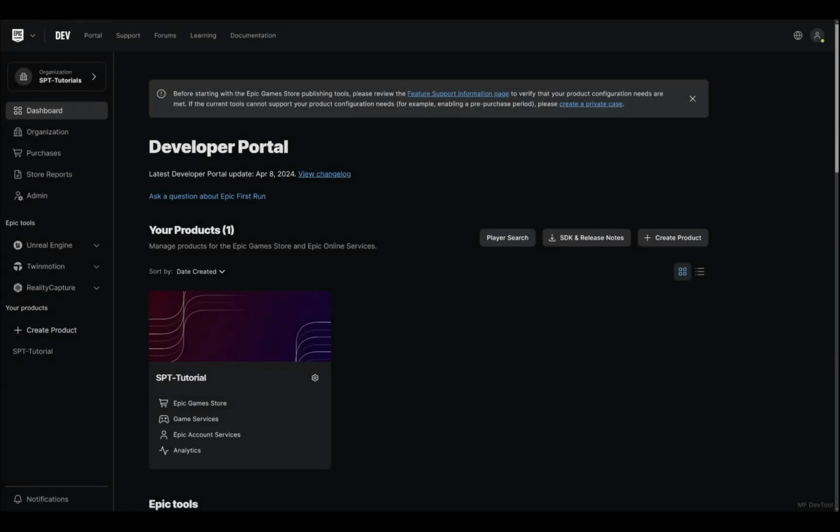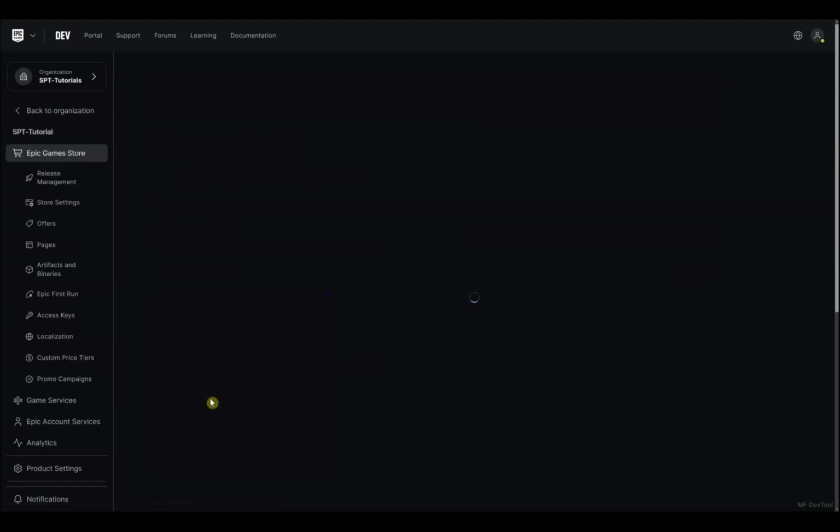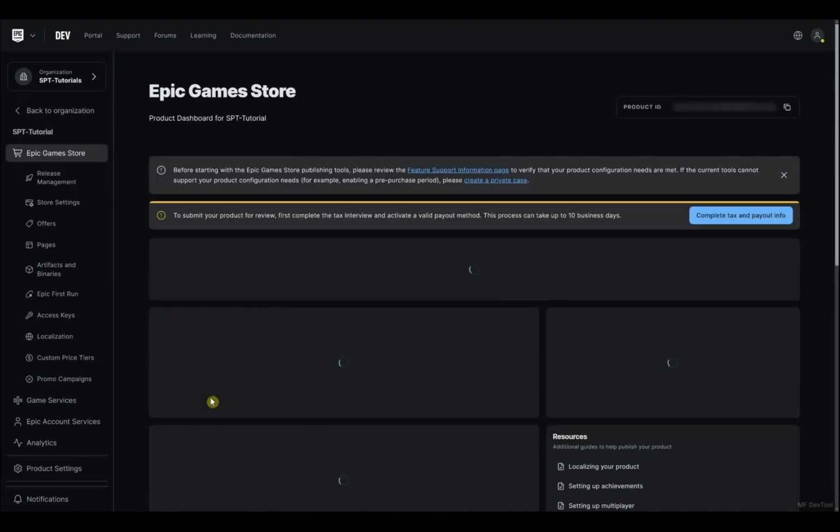Now that the tax interview is done, we need to fill out the payout information. For this, we have partnered with Apple Wallet to simplify the procedure. You can either start setting up your Apple Wallet account through the notification on the product's Epic Games Store dashboard like this,